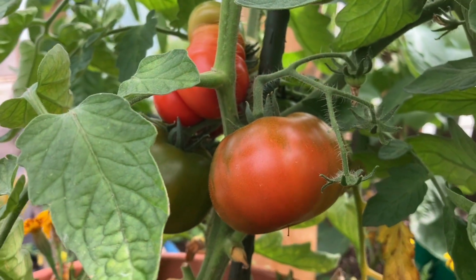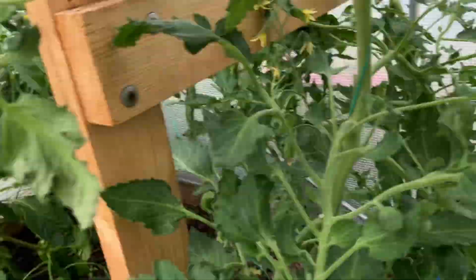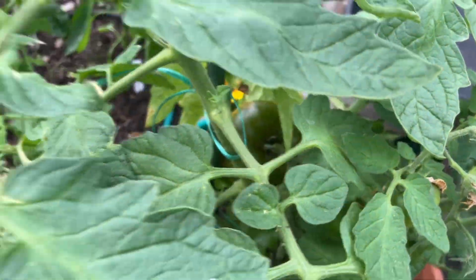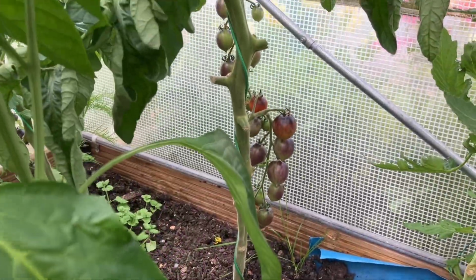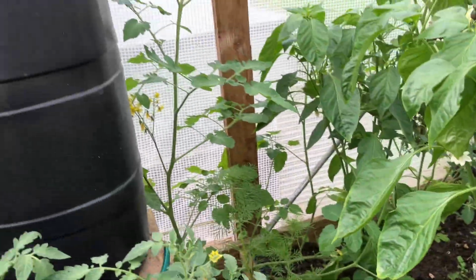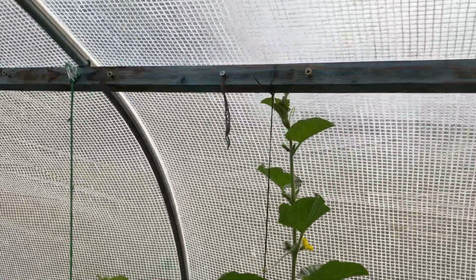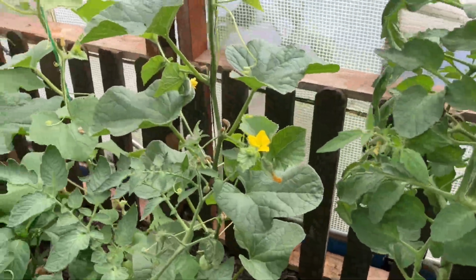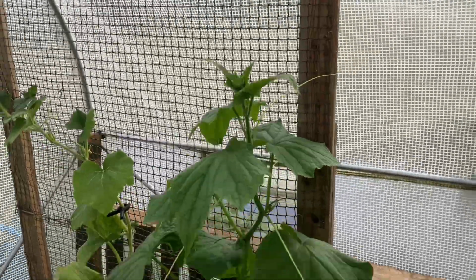So as you can see there, we've got some tomatoes that are starting to turn. Got a few more in there that are just starting to turn, and the bell peppers coming on nicely. So things are progressing well in the polytunnel. The melons are up to the top, so that's a good 5 feet tall. I've been trimming off any side shoots that come out, and the same with the cucumber. We're almost up to the top of the trellis now,